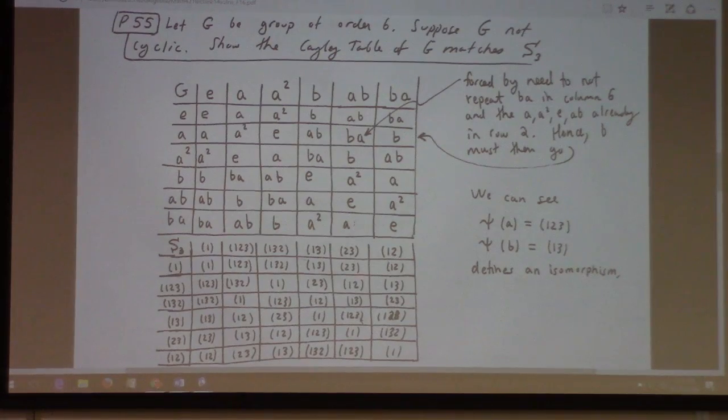What did I just say? A times AB equals BA. So we get this A squared B equals BA. That's analogous to the XY equals YX inverse relation in the dihedral group. This relation, together with the fact that A has order 3 and B has order 2, generates S3. It generates this table, in fact, which you can see is isomorphic to S3 by just reordering the Cayley table